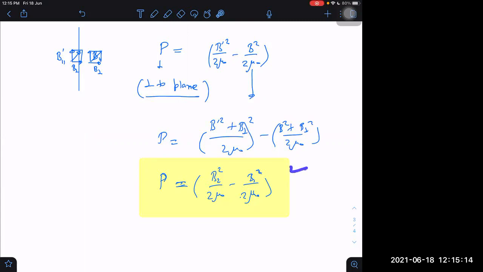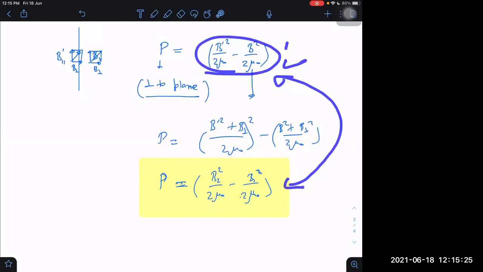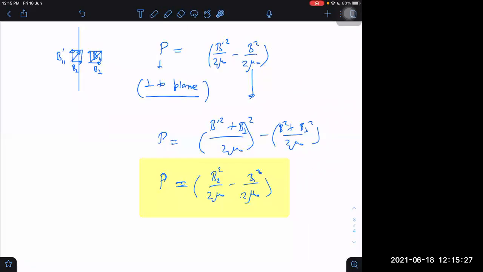So I will prefer this second formula because it is in terms of net field. Although this formula is also correct, in this case I will first have to find out the component which is parallel. Why should I unnecessarily waste time? Because I already know the perpendicular component always remains the same. That doesn't change. This is the main idea. Because the perpendicular component always remains the same, I can always add that perpendicular component in both these terms, and I can always get the net field, and I can get the pressure from that. Okay. Okay, sir. Right. This is how we can do it.